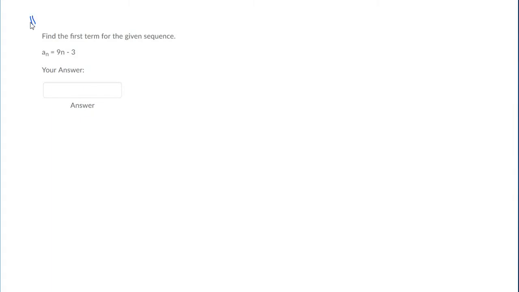Okay, so for problem number 1 from this particular homework assignment, note that with a sequence, we number the terms. My first term is called A1, my second term is called A2, my third is called A3, etc. And the number in the subscript is often called the index of the term. So this is the index 1, right? Index 2. And what's interesting about sequences is that the value of the index, the value that tells you if it's the first term, the second term, the third term, etc.,